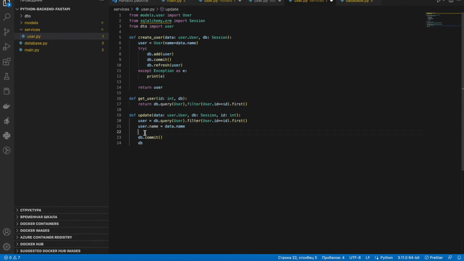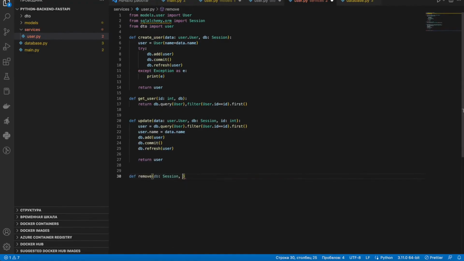So first of all, we need db and of course the user. Then we use db to refresh our user so that they're added to our database, and we return our new user. All right, good. And finally, we need to delete our user. We do a remove. We use our session, take our ID, and get our user. Well,